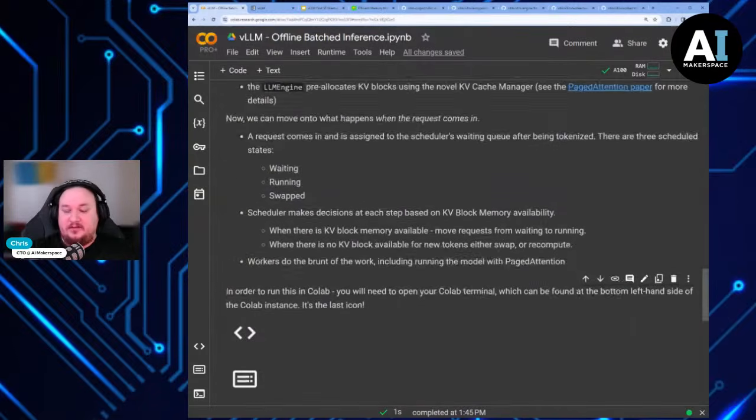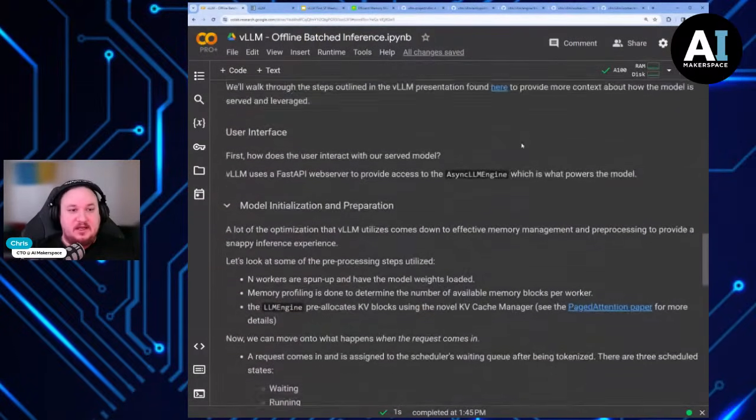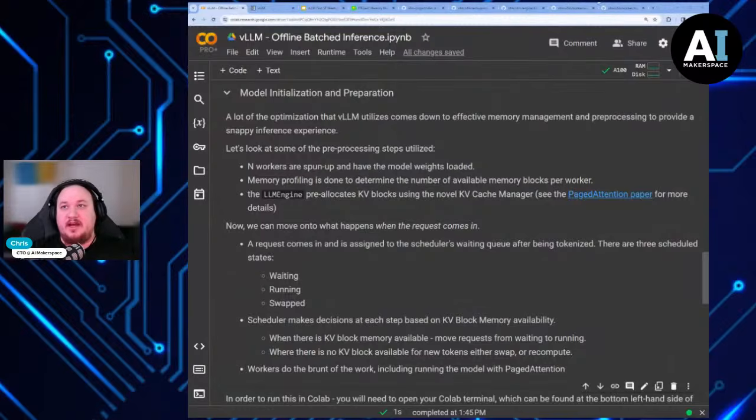Now, how does it actually work behind the scenes? Well, first, of course, it's using FastAPI to manage requests coming in from users. And then under the hood, it does a couple very important things. First off, it spins up a number of workers. That number of workers is dependent on the memory capacity you have. It can use the parallelized options for GPUs, so it can be across many GPUs or distributed. So if you have, say, a cluster of GPUs, you can use all of those in concert